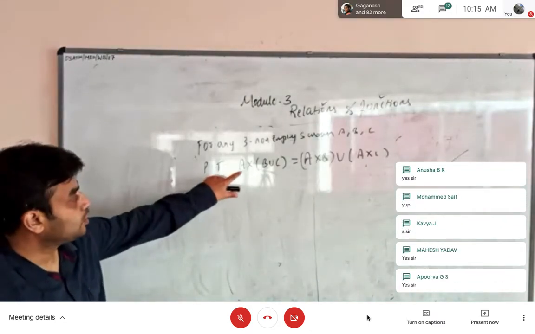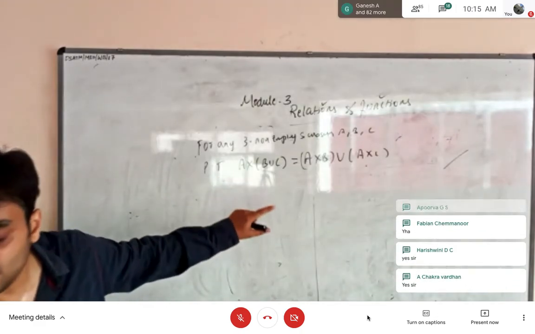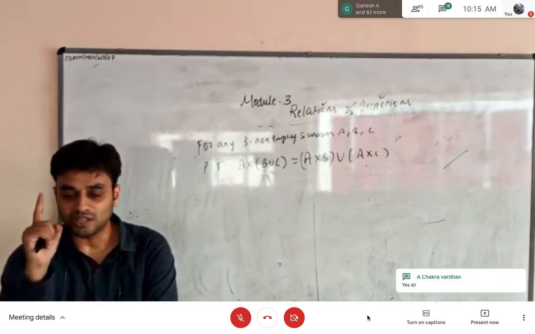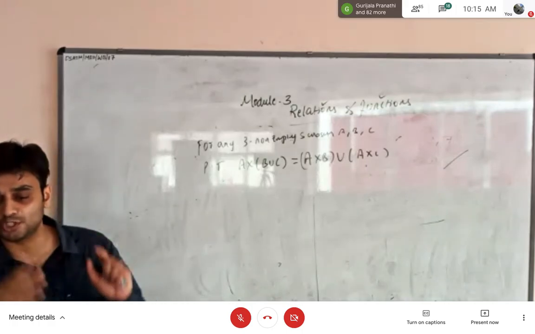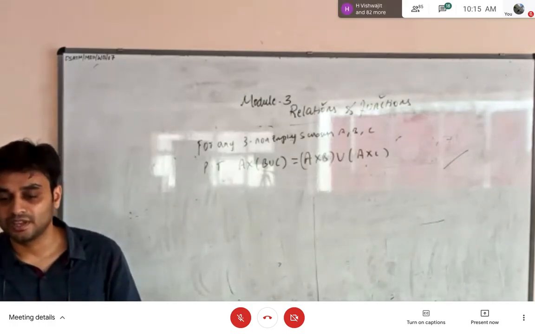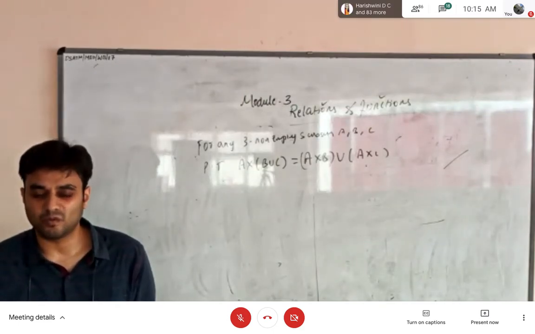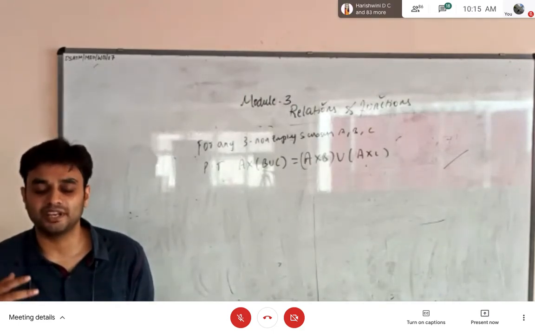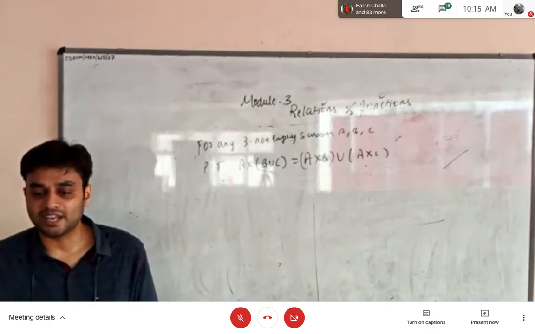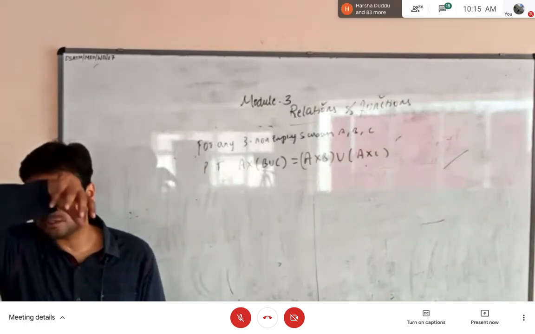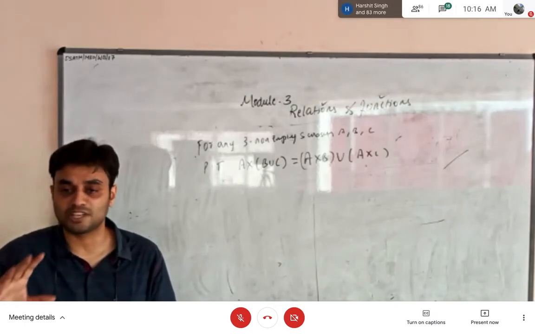So now I have to prove A cross of B union C is equal to A cross B union A cross C. See, only one theorem you just try to focus correctly. For all the remaining theorems, the working procedure will be very much the same. Just because of this reason, in textbooks, in one textbook they have given a different procedure, and it will be difficult for the students to memorize. So for that reason, I have solved all the theorems in almost the same procedure, so that it will be easy for the students to memorize the theorems.